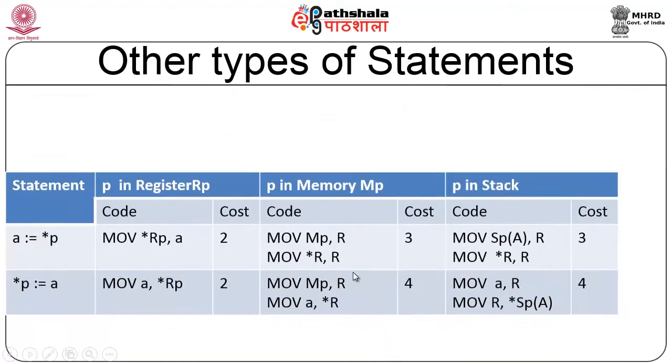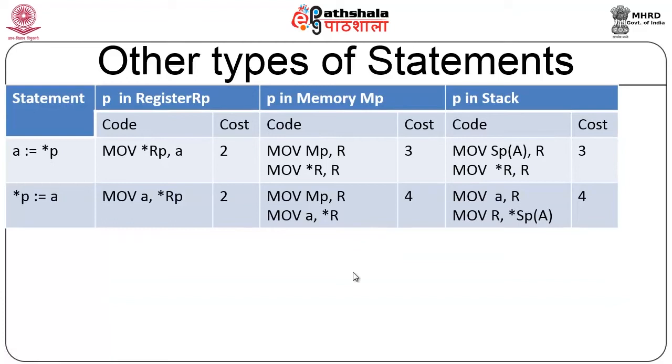Okay. Other possibilities: it could be a pointer, where again the pointer P could be in register RP, or it could be in memory MP, or it could be in stack. So I have to use a similar analogy to what I have done with respect to the indices. The only thing is I have to ensure that the computation happens correctly. Okay. So A is equal to star RP means P is in register RP. In that case I can just dereference the register and move it to A. Okay. So if P is in memory, then I have to move this memory to a register, and then I dereference star R and move it to R. So similarly with respect to stack, and vice versa for the other conditions also.